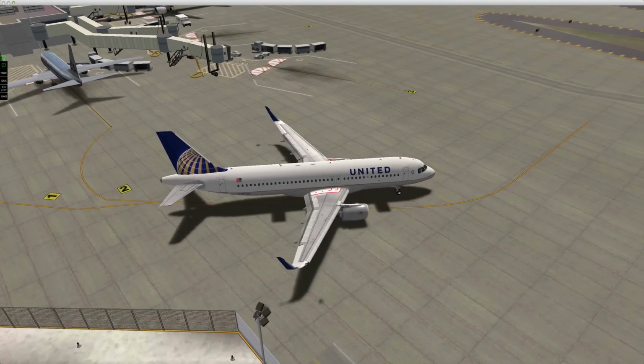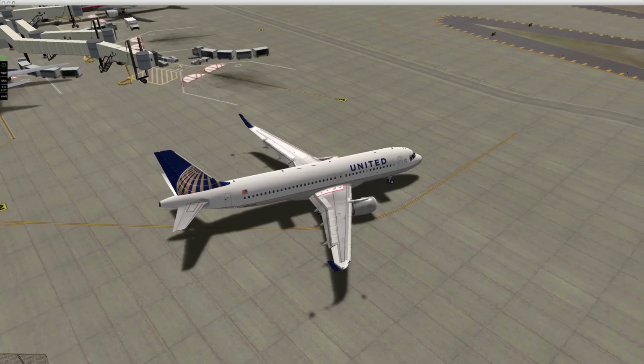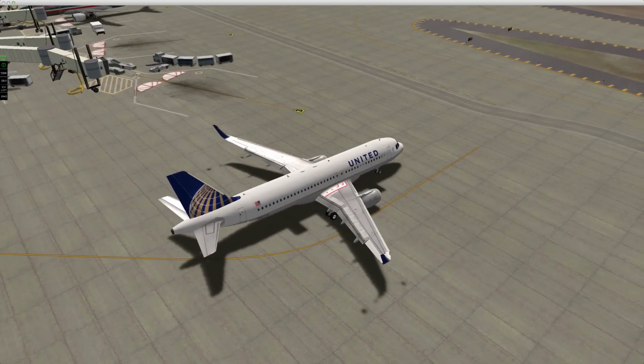When the seatbelt sign illuminates, you must fasten your seatbelt. Insert the metal fittings. I won't bore you with a long